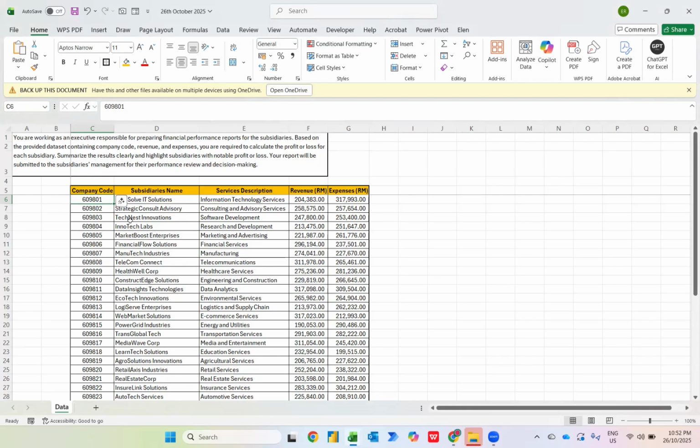So today we will learn the IF function. We will also learn about pivot table and conditional formatting. As you can refer over here, we have a database that has company code, subsidiaries name, service description, revenue and expenses. So basically you are employed as an executive whereby you are required to prepare the financial performance report